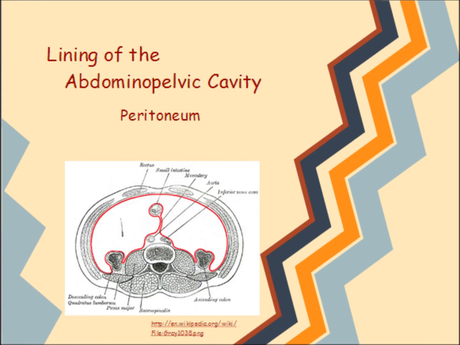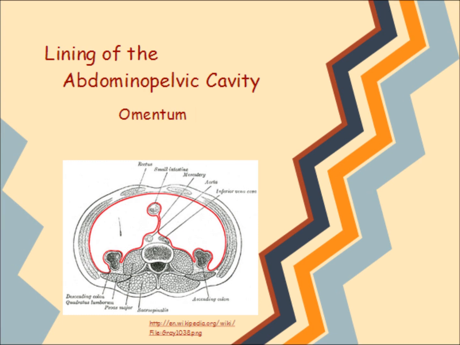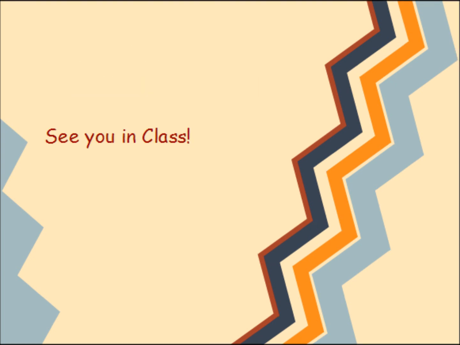The lining of the abdominopelvic cavity is called the peritoneum and is virtually identical in form and function to the pleura. It is a 2-layer serous membrane. It produces a serous fluid called peritoneal fluid, which is contained in the cavity between the two peritonea. A significant difference, though, is that the peritoneum forms structures called omenta. An omentum is a doubled fold of the peritoneum extending into the abdominal cavity and used to support organs.